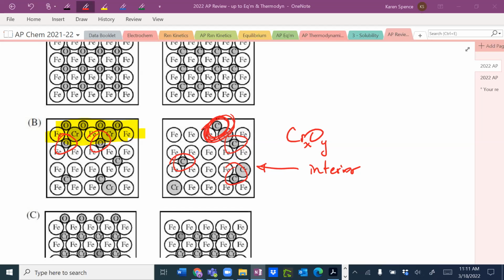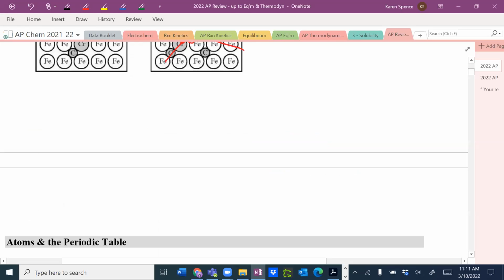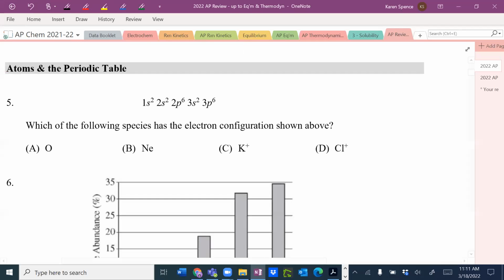Number 5. Which of the following species has the electron configuration shown above? So we have 1s2, 2s2, 2p6, 3s2, 3p6. If we go to our periodic table,